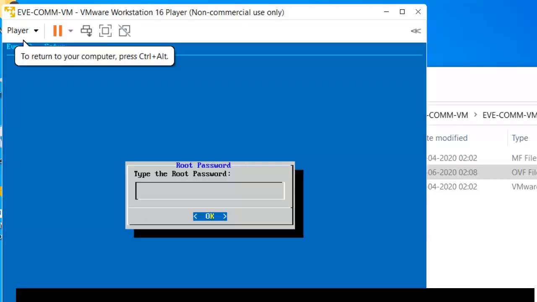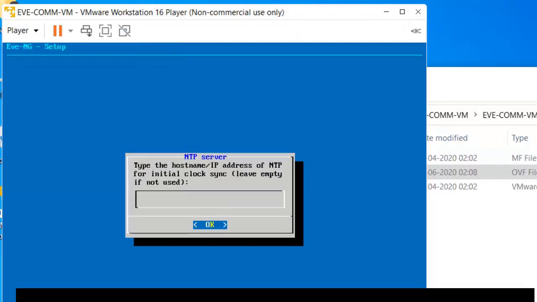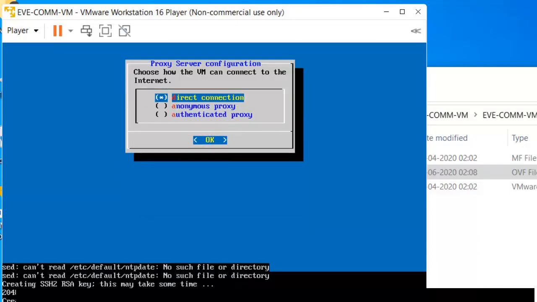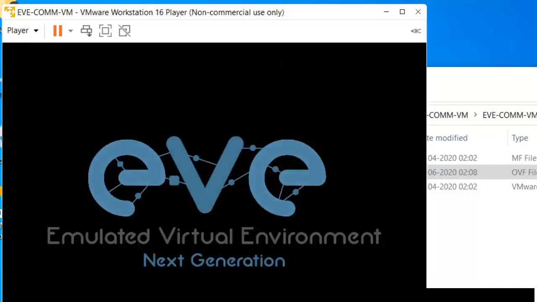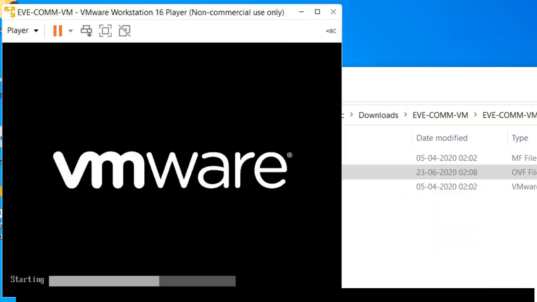So once you log in, you will be asked for the root password. Enter the password eve. You just need to re-enter the password and keep on pressing enter till this automated process ends. After completion, the EVE will restart again.